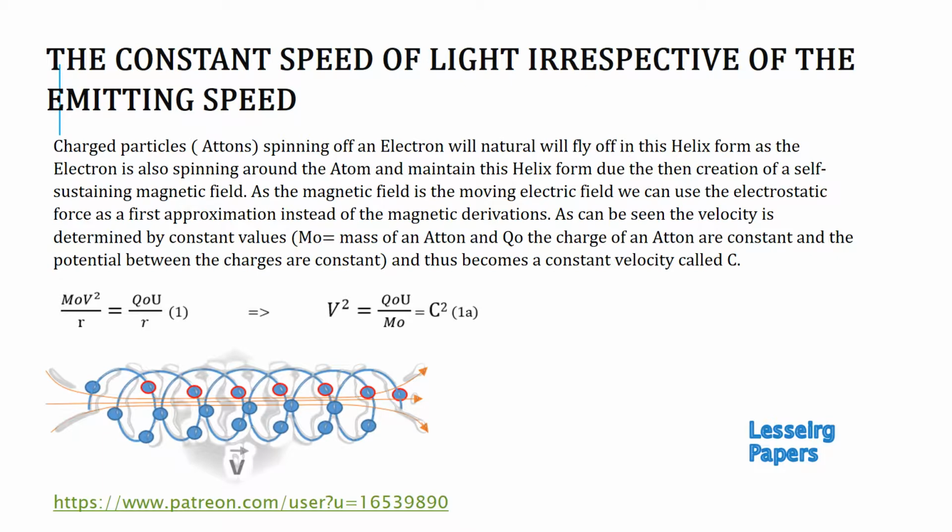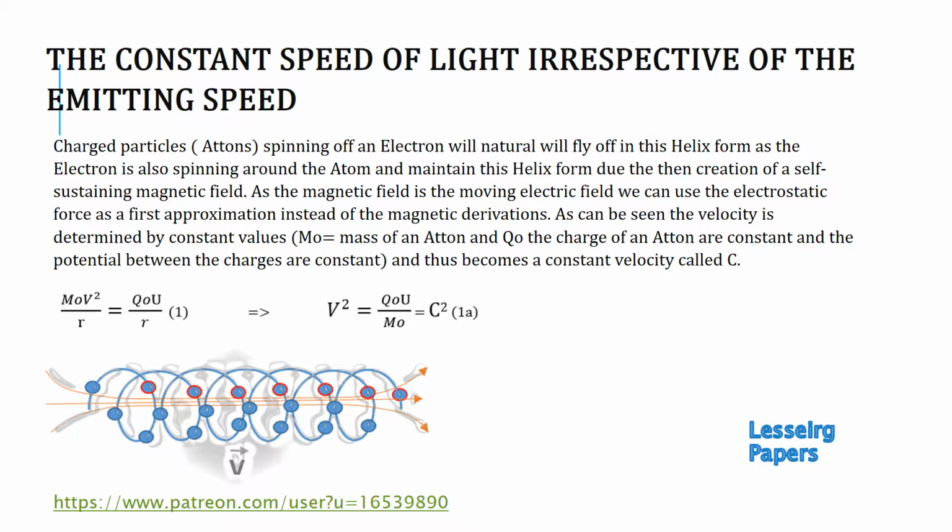Of course, it is a magnetic force in this case, but a magnetic force always comes out of a moving electrostatic force. So if you say it's moving at the speed of light, you can just as well use that equation, and it's a lot easier to handle. So fundamentally, you solve the equation for v squared, and then you can very quickly see that you have q0 multiplied by the potential between these atoms, and they're pretty much the same, so that's why they're always the same, divided by m0. And this is why the speed of light is constant, because you're dealing with only constants.